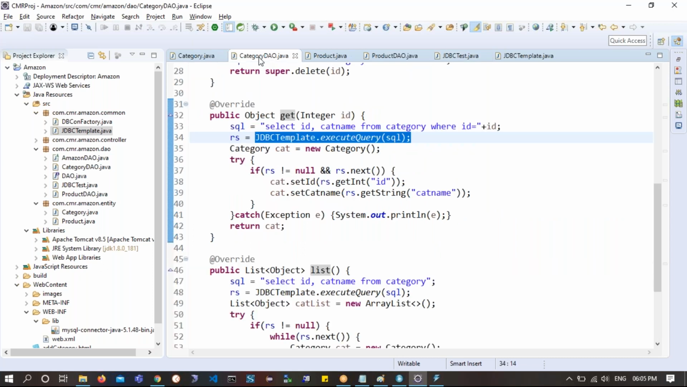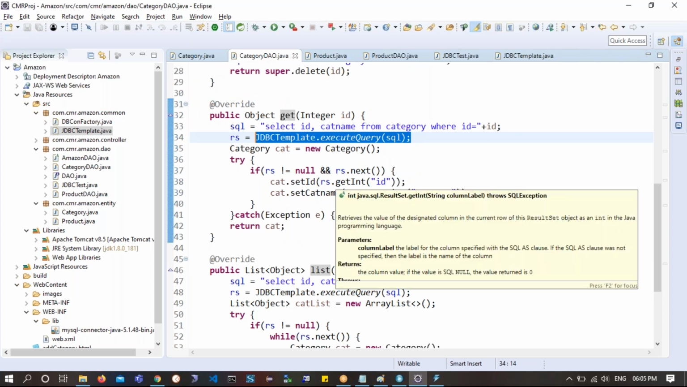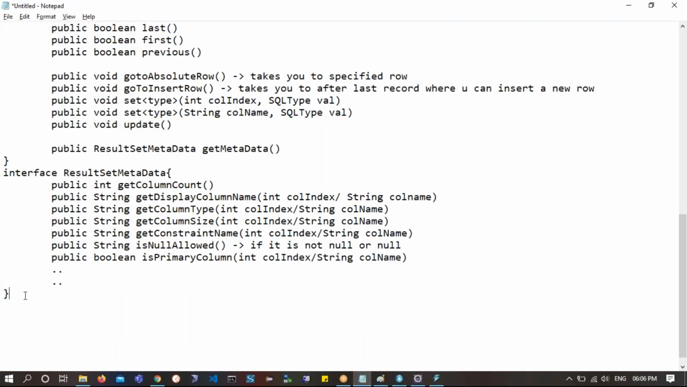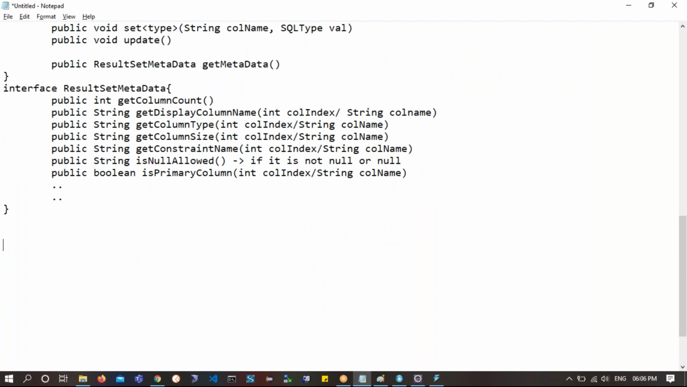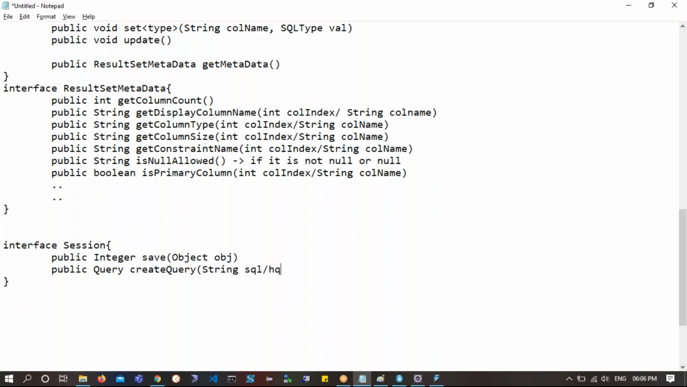After getting habituated to Hibernate, I forgot about working on result sets at all. You know what happens in Hibernate? In Hibernate, we have an object called session. This interface Session is implemented by Hibernate. It is an interface only, by the way. The session has methods like public save, which takes an object and inserts it. Similarly, you have createQuery, which takes a string SQL or HQL query, and then using this query,